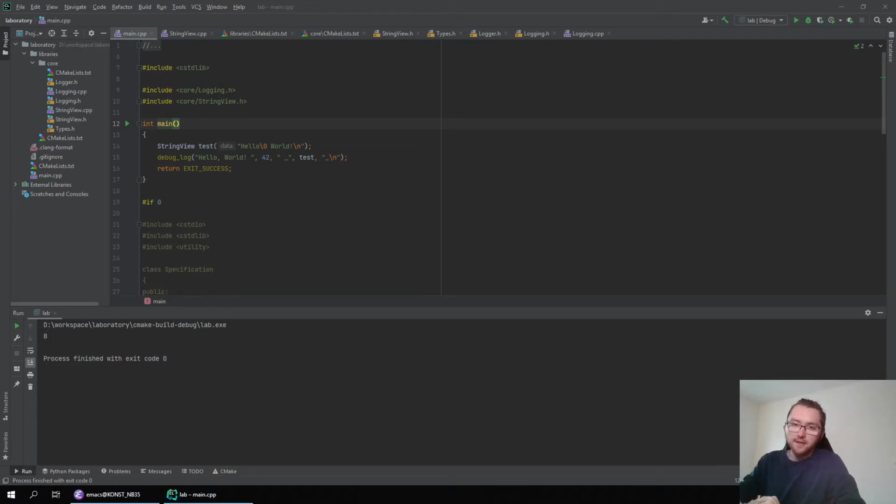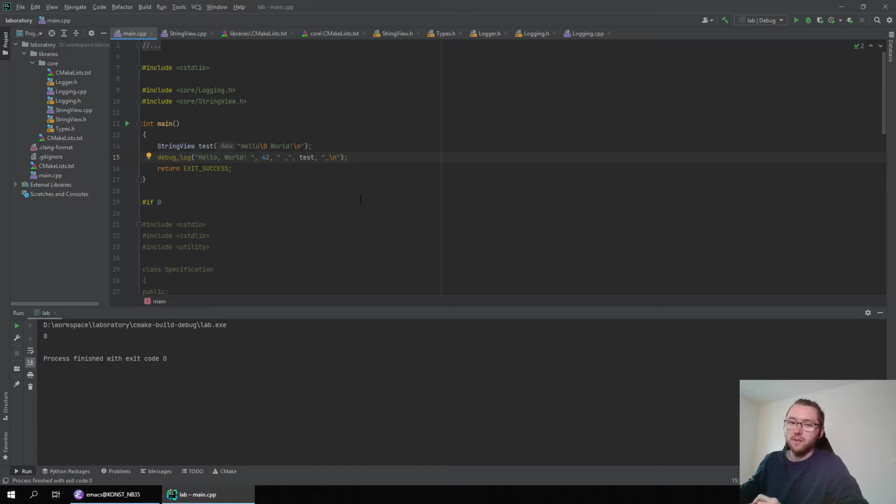So we did an analysis of what we actually need to start. We already implemented a very basic logging mechanism, where you can see the remainings in the file here, where you can just write debug log, pass it arguments that are concatenated, basically print to std out for now.